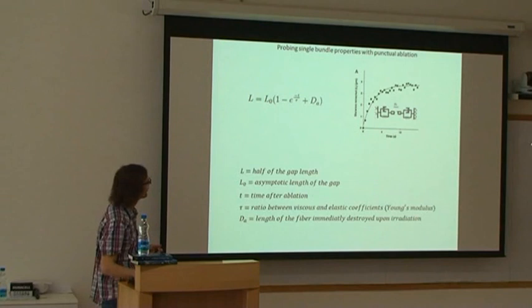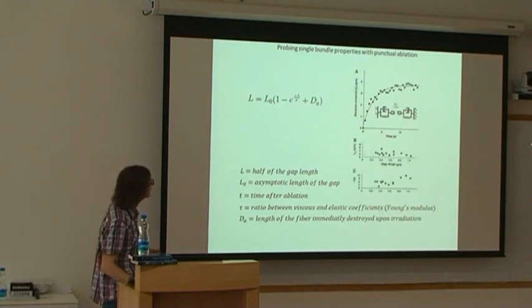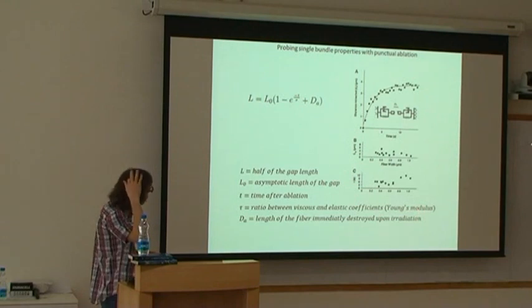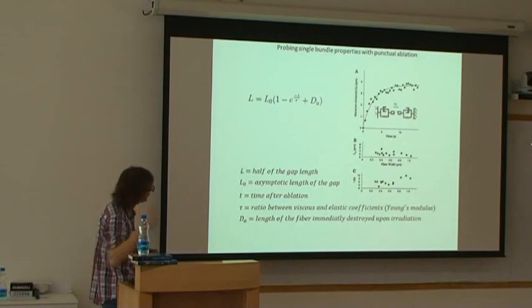Then it's very nice because what he does, he follows the hole which is formed, and then he fits this, naively a bit, with a viscoelastic model, and it seems to fit well. And then he starts to measure different quantities, for example, the final length of the fiber, and also the time constant tau, which is the ratio between the viscous and the elastic coefficients. And interestingly, what he shows is that